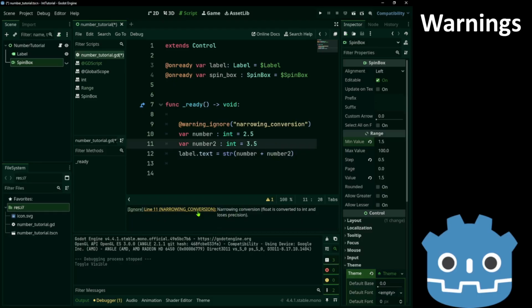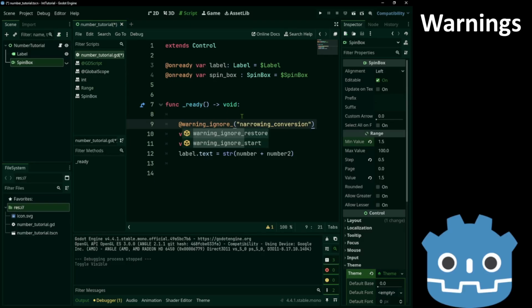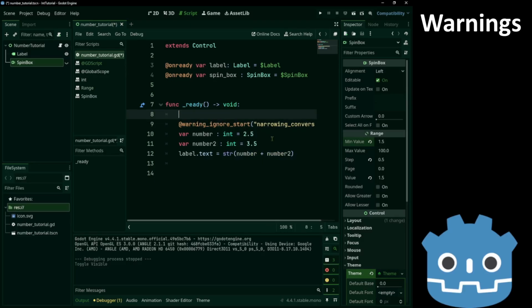Okay, now it's just a conversion warning. We could either copy paste the one from above, or use the annotation start and restore when we're done.